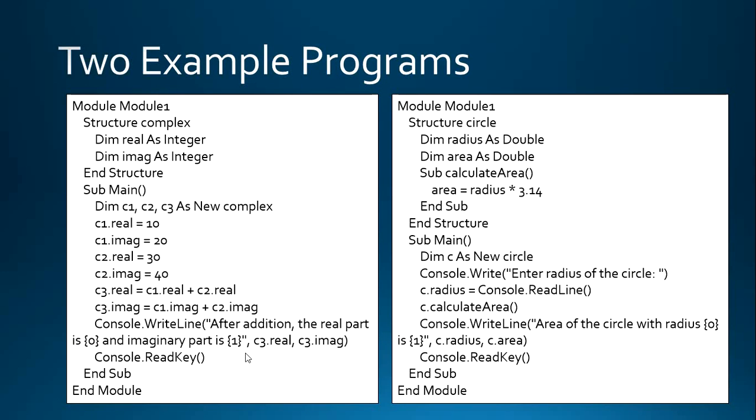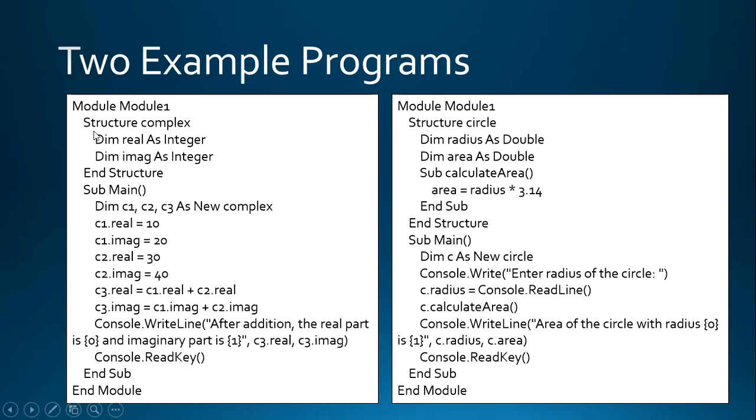So let us look at two example programs. On the left side we have the first program, and on the right side we have the second program. On the left side, let's have a look. If you remember complex numbers, you studied them in your earlier maths classes. Complex numbers consist of two parts, right? A real part and an imaginary part. So both are